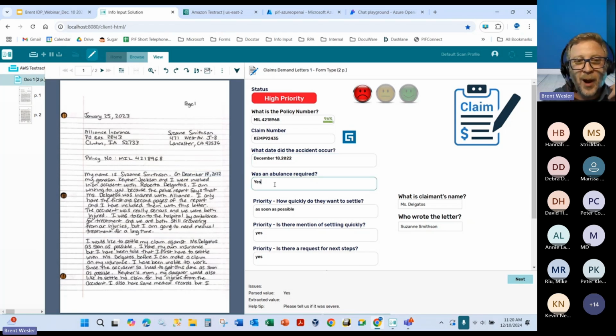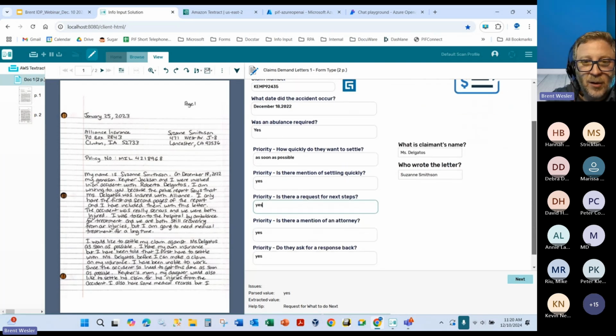Here, was an ambulance required? So you could give true false type statements to figure out, again, downstream workflow. Maybe this gets routed with a higher priority. How quickly they want this settled. Is there a mention of settling quickly? Is there a request for next steps? Things like that. And then you can see here, is there a mention of an attorney? Do they ask for a response back? So a lot of these things can then trigger downstream workflows,